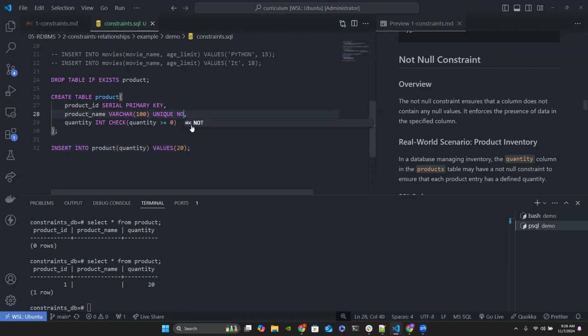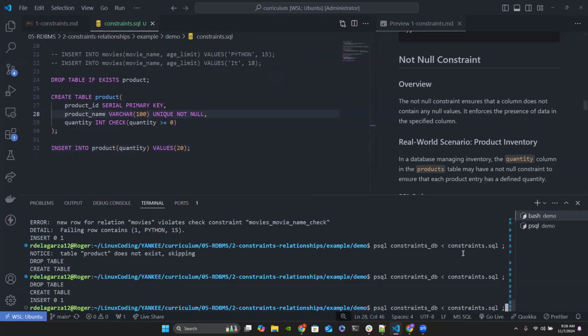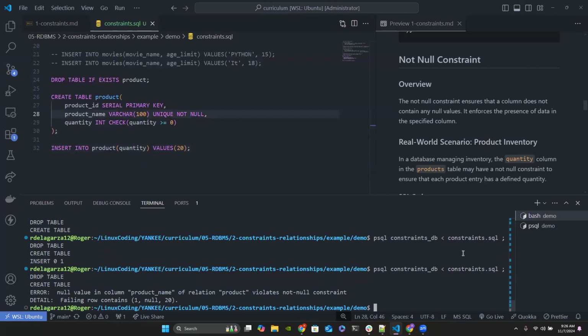So to prevent that from happening in your database, you want to use the not null constraint. And when we use a not null constraint and try to run our SQL, we're gonna get this error that says no value in column product name, right? And it violates the not null constraint. All right, it was able to realize that we did not add a value within the product name, which keeps you from adding or not adding data that you probably want to have in your database. All right, so by adding product name,